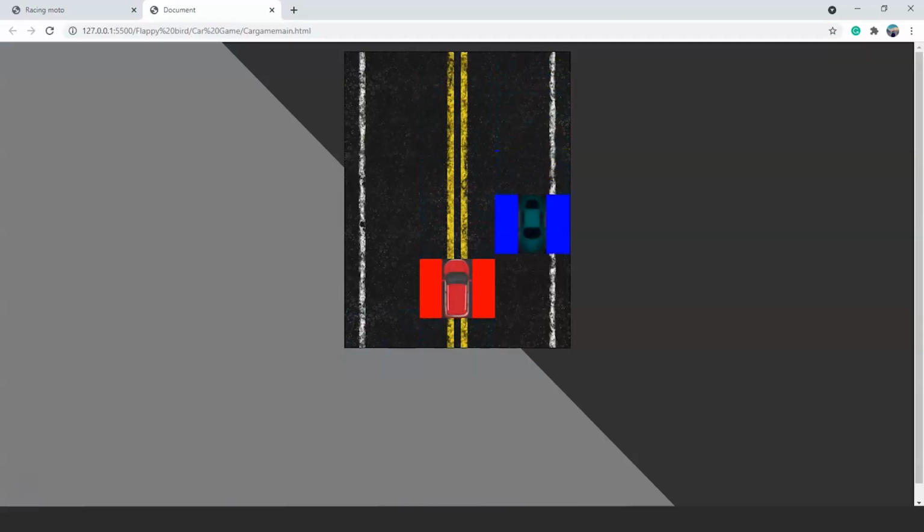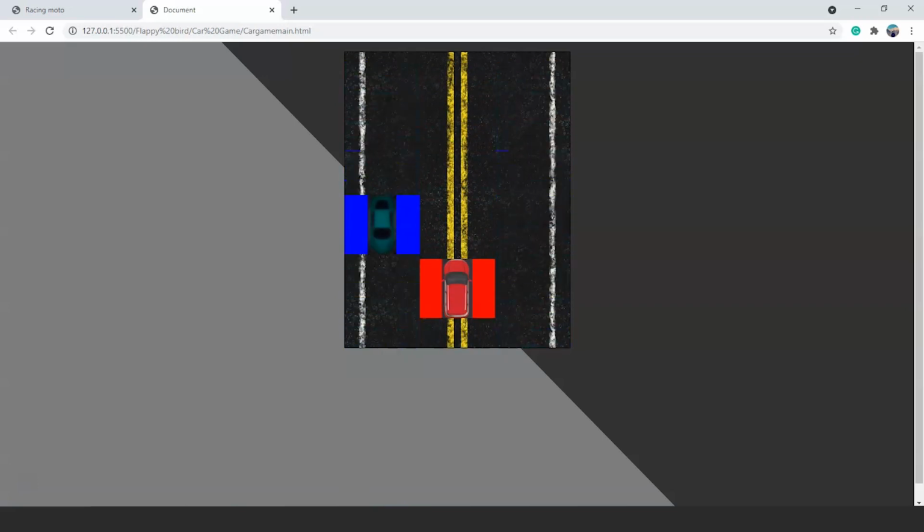You can see the blue car has 3 positions over here. It can either come from the left, right, or from the center. Any random number from these 3 numbers will get multiplied by 130. So we have 3 positions only. Let's say the position is 1. It means that the car is present at the left.